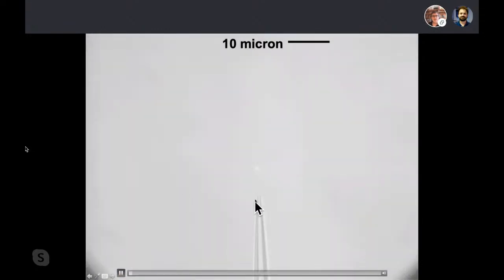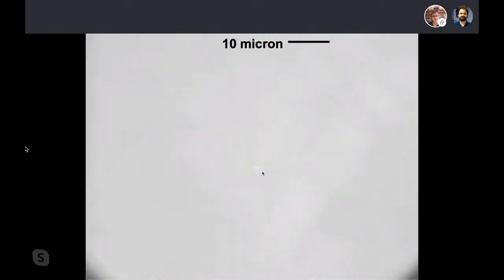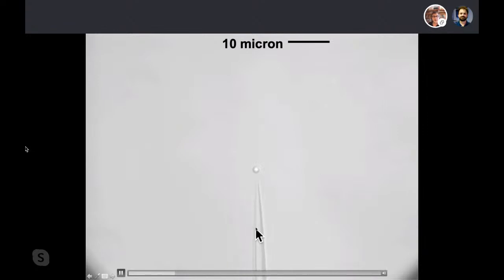Here you will see the pipette, and here you have the optical trap. Here is water, everywhere is water. We move the fluidics chamber with a motor stage, and then we use the optical trap to capture a small bead. We reposition the bead on the tip of the pipette, and by using a syringe that is coupled to the bottom end of this pipette, we can basically immobilize the bead, as you see here, on the tip of the pipette.